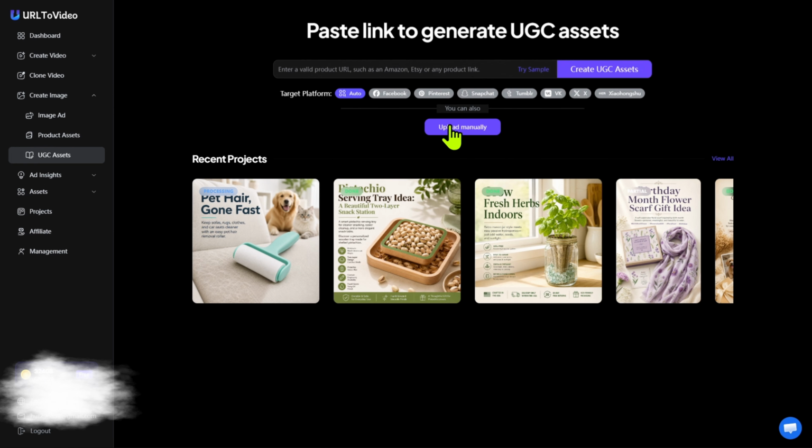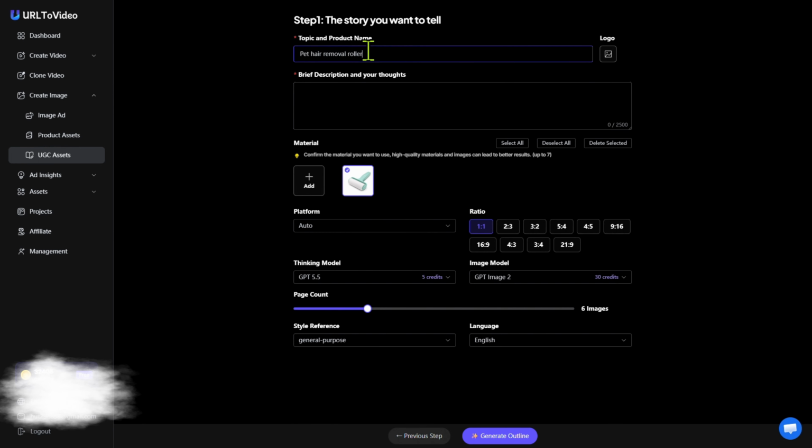Similarly, you only need to upload a single product image to generate a set of branded promotional images ready for